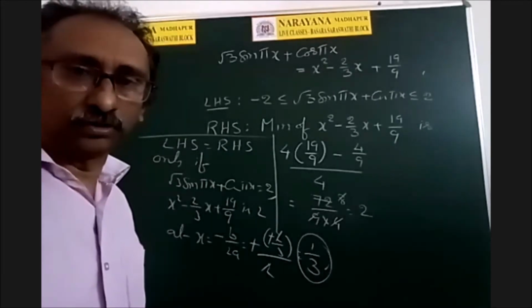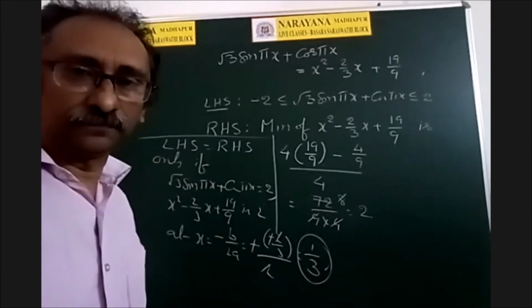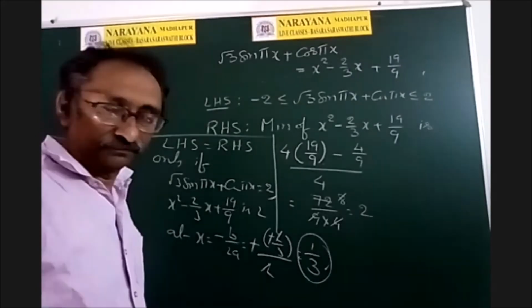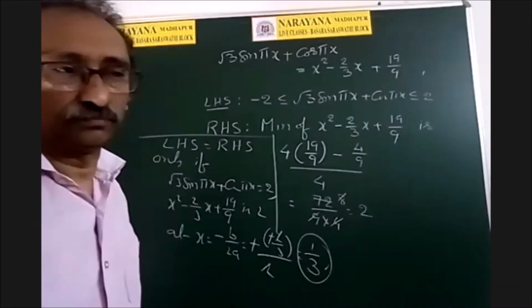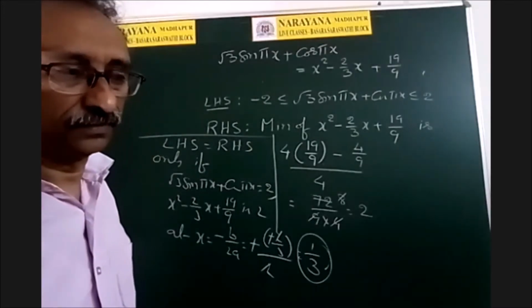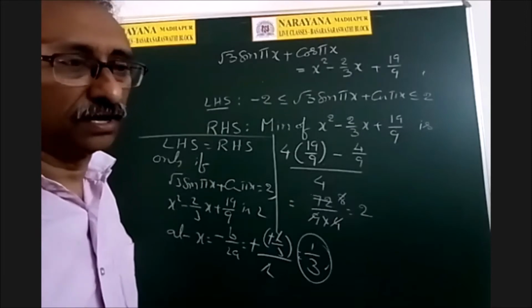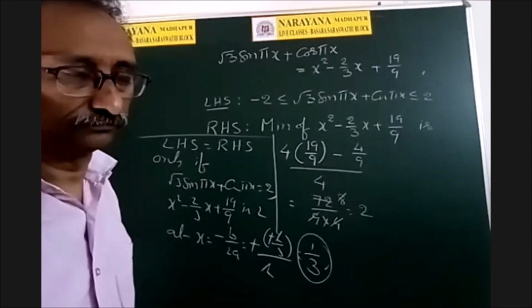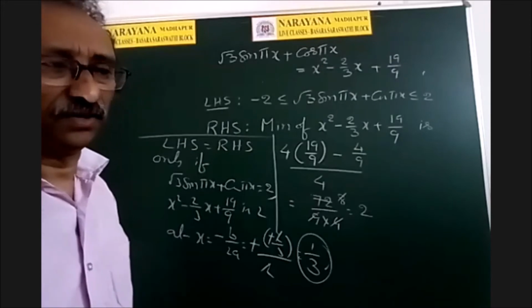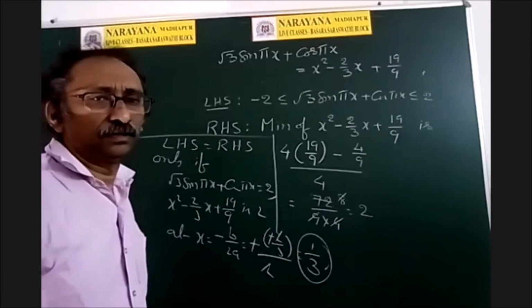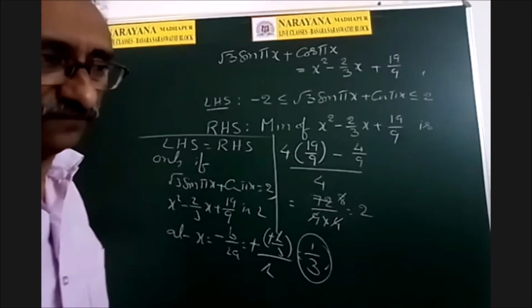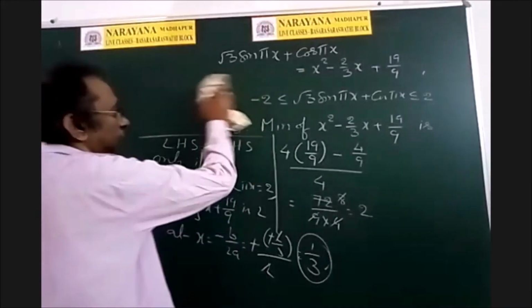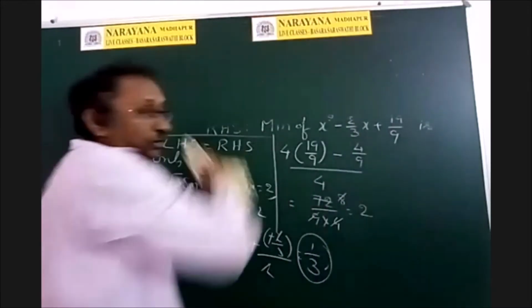Right. Very good. Now then why didn't Pritham write that? Pritham. Yes, sir. Have you written it or not? See that one. No, sir, that point I have not written, sir. Now why? Okay. So the minimum value formula is 4ac minus b square by 4a. Right. Now any doubt in this?